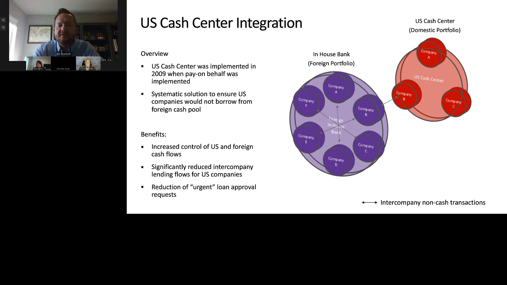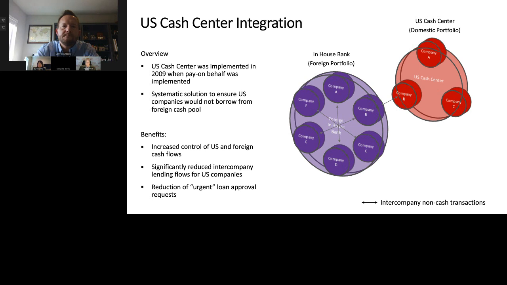So that way, as Sunny was saying, if a payment is ever made and a U.S. type legal entity ever was negative in the in-house cash center, there would automatically be an internal transfer between the U.S. cash center and the in-house cash center to make sure that we were compliant. And this has been really, really helpful for us to ensure that as we sit down with our tax teams, we have all the proper controls in place. And that's been absolutely fundamental to how we operate.